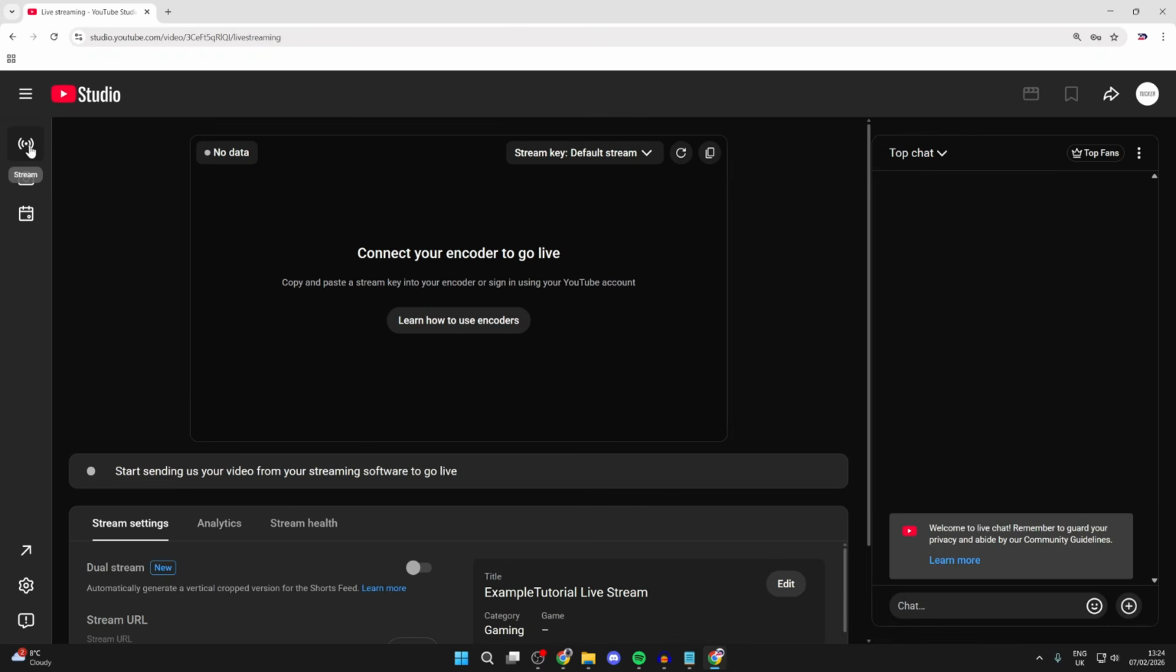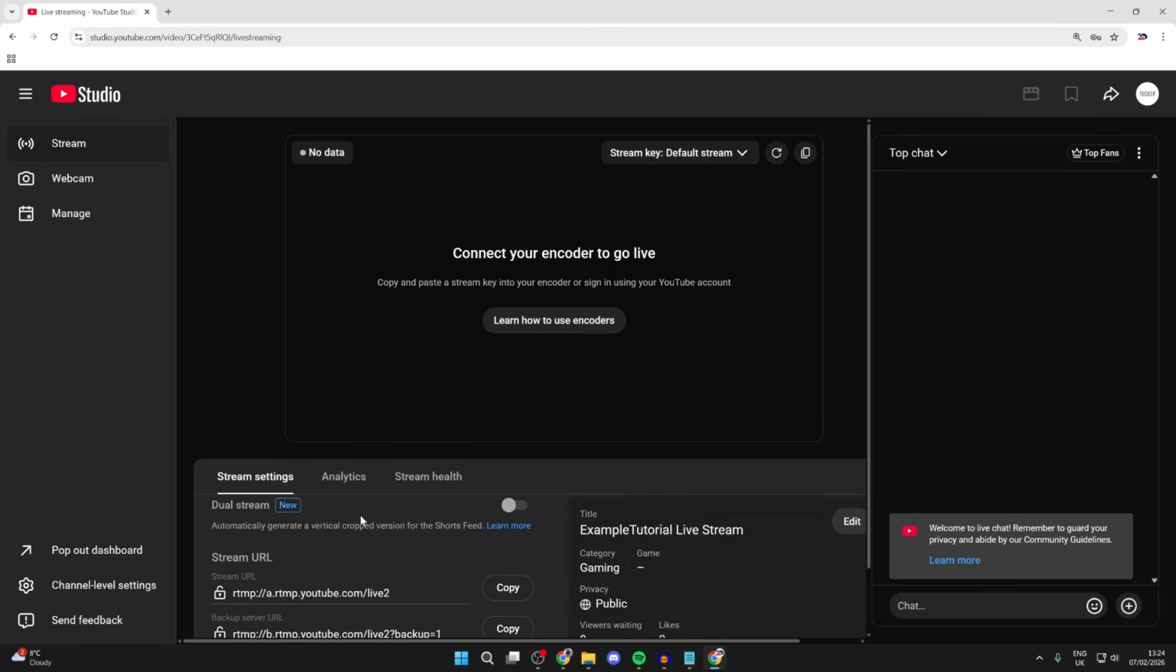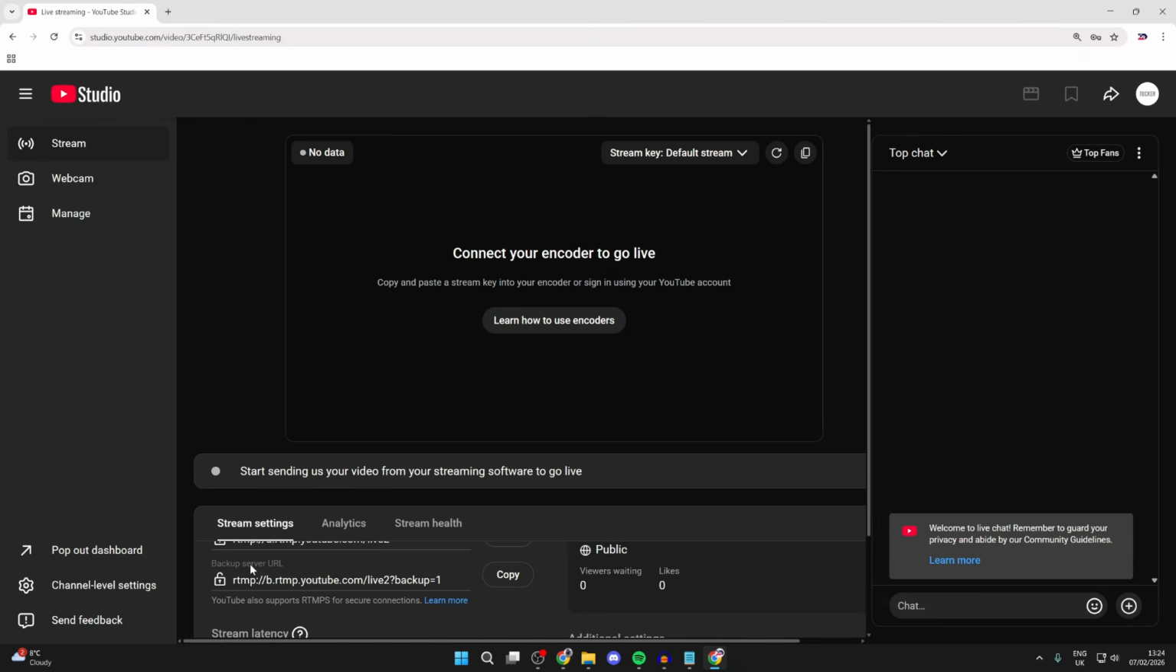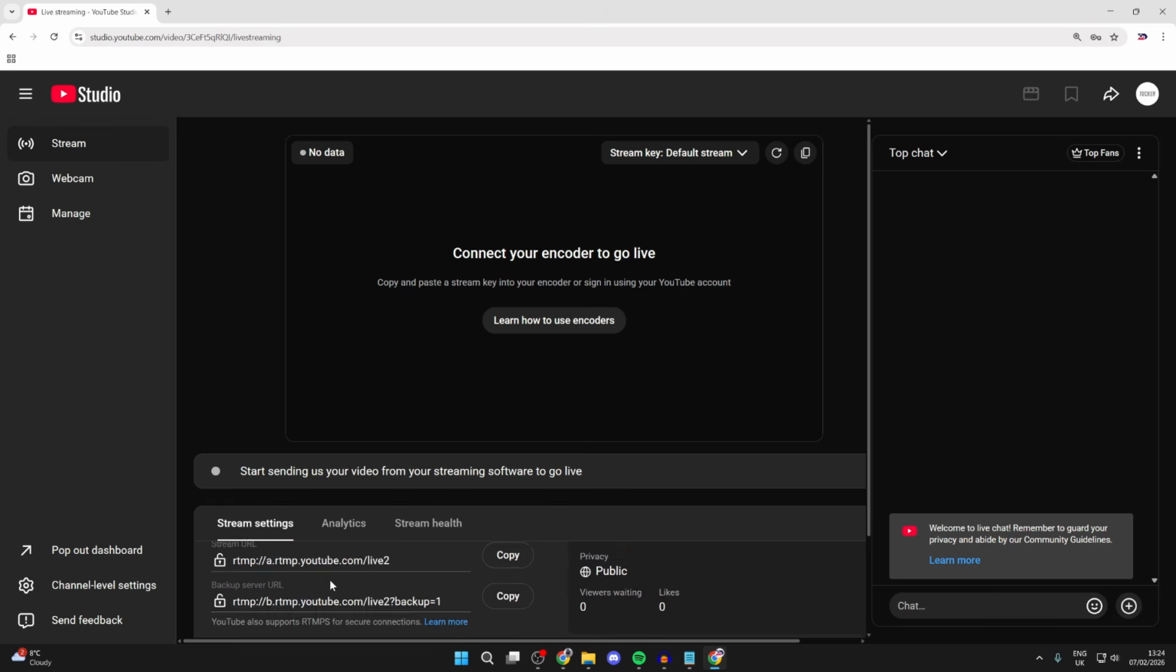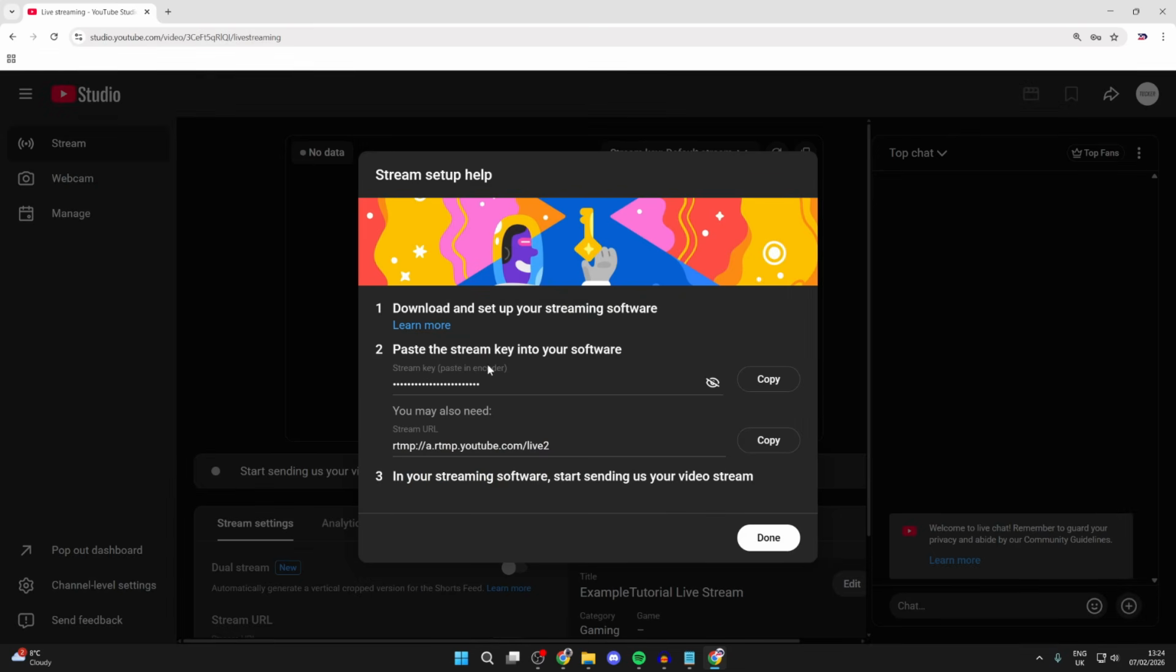And what you need to do is head over to the left when this loads, and you need to find this top icon, which is stream. We're just going to expand it like so. And then you can scroll down here and see the stream URL and also the backup URL. But what we want is the code. So what you want to do is go to the top to where it says learn how to use encoders. And then you see your stream key. You can reveal it, or you can press copy to the right and then paste it